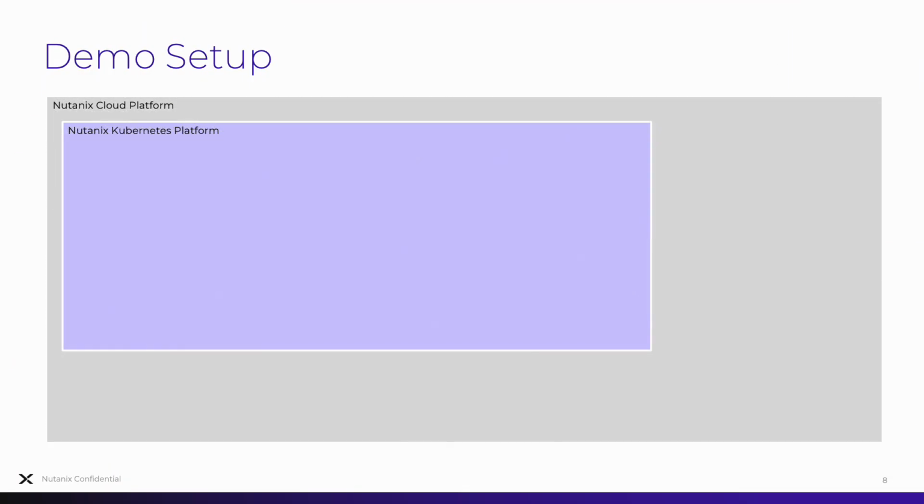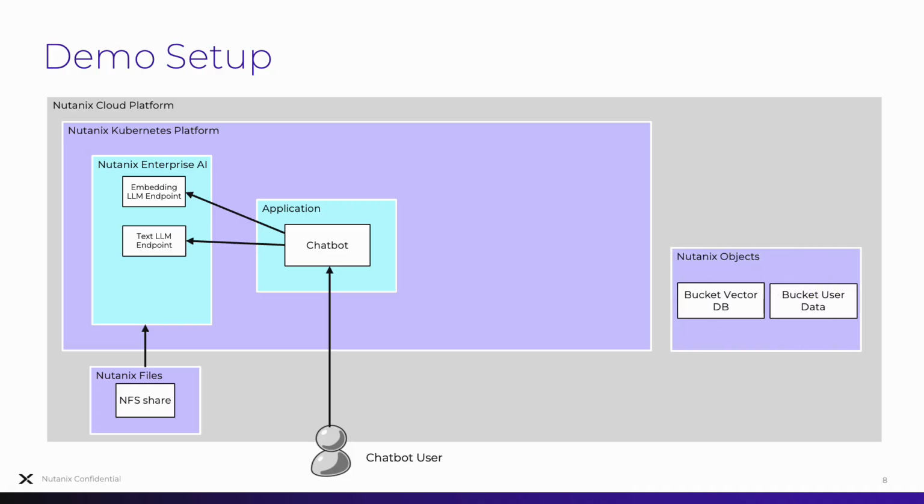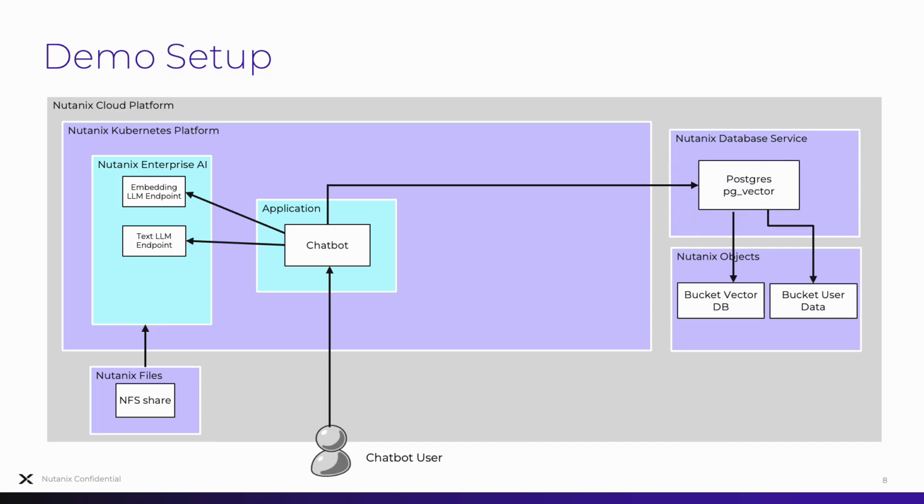So if you watched the retrieval augmented generation intro, this will look very similar to what we just saw. So what we have here is Nutanix Kubernetes platform running on Nutanix Cloud Platform with Nutanix Enterprise AI hosting our LLM endpoints that our application chatbot can query. We're also using Nutanix Files to host the models, as well as Nutanix Objects to host buckets for our vector database and user data. In our demo, we're using Nutanix Database Service to host our Postgres PGvector database, and